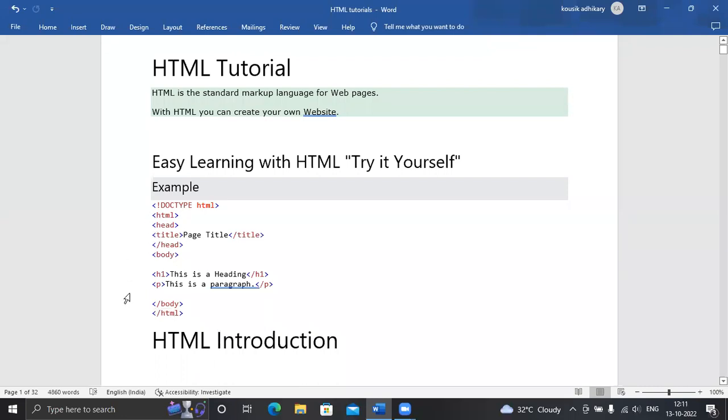Within the HTML tag, you need to write the head tag. The head tag is the heading of the website, and the head tag also has a closing tag. Then the body tag. That is the basic thing. First of all, the doctype HTML, then you need to open the HTML tag and close the HTML tag. Within the HTML tag block,